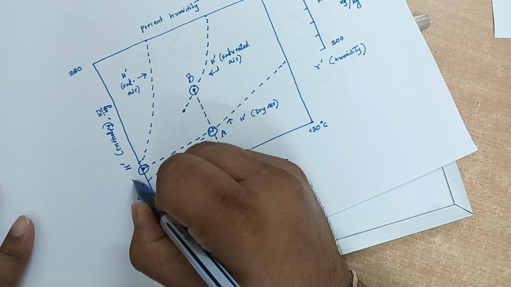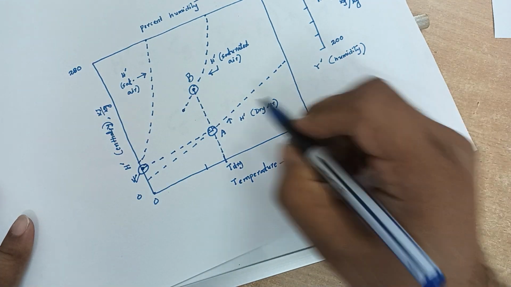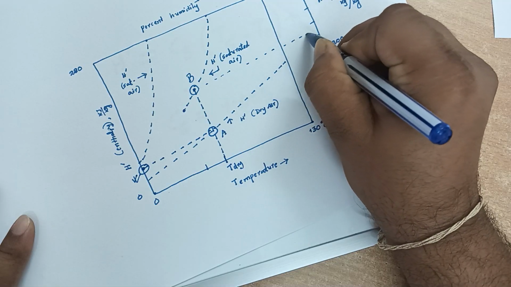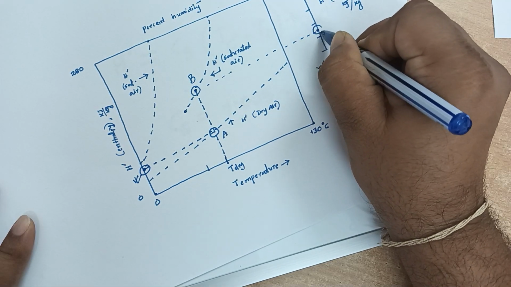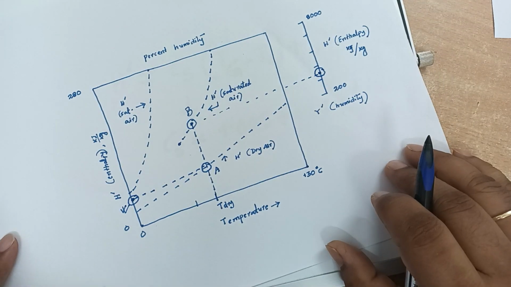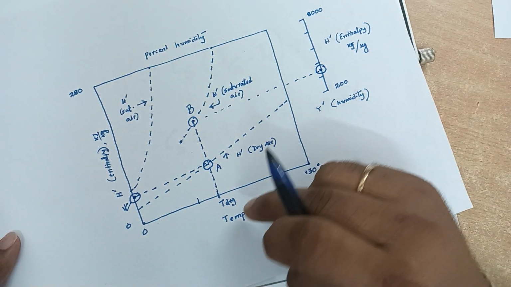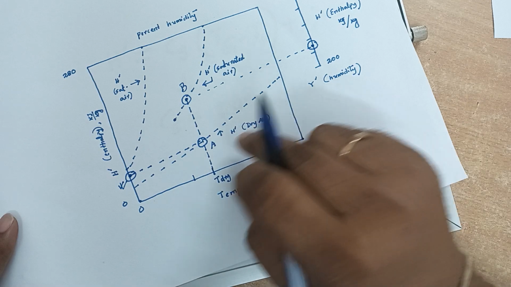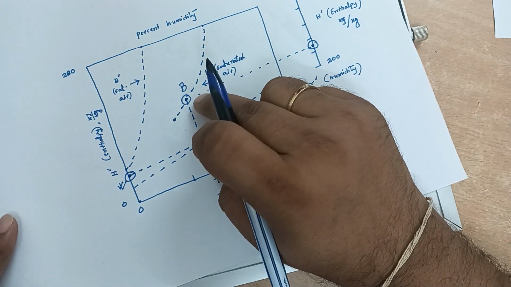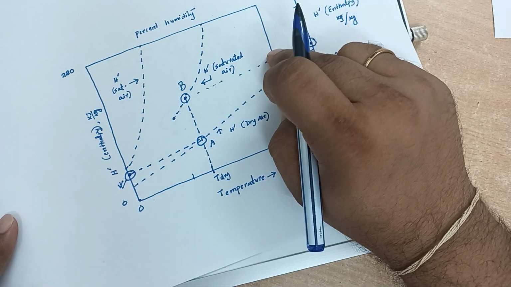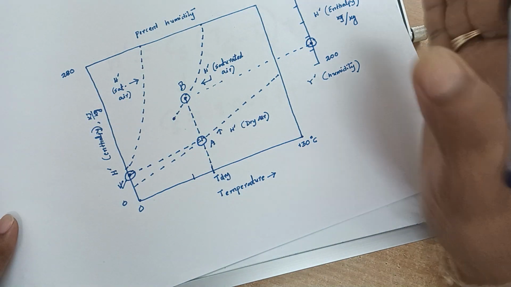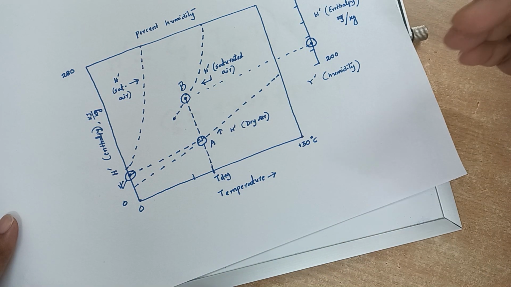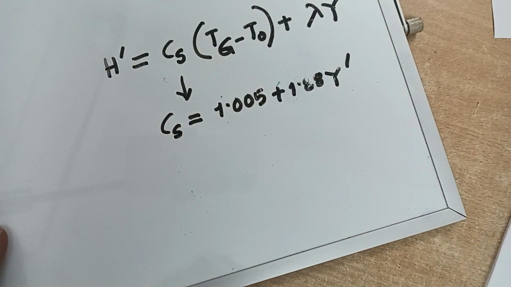And for the saturated air you go towards the right and find the value of enthalpy on the right hand side on the larger scale. So with respect to dry bulb temperature, we have calculated the value of dry air enthalpy, the value of saturated air enthalpy, and also, corresponding to the dry bulb temperature and wet bulb temperature, we found the value of percentage saturation. Once everything is done,